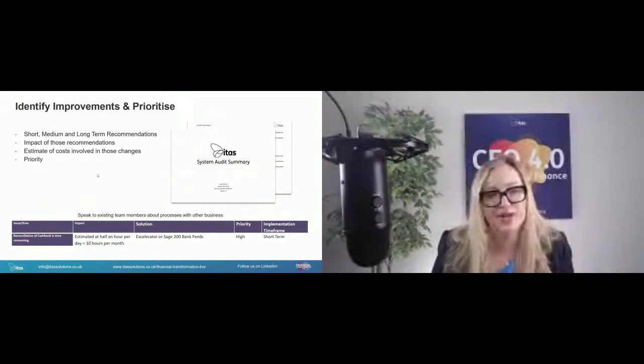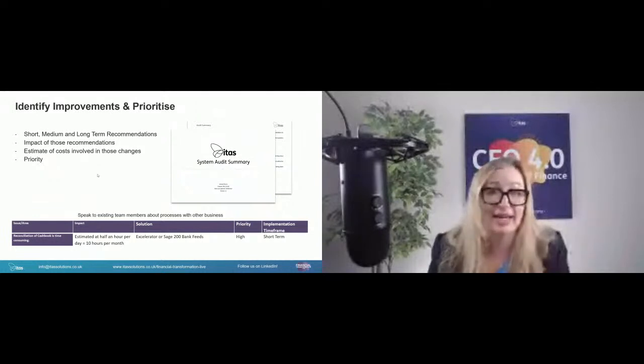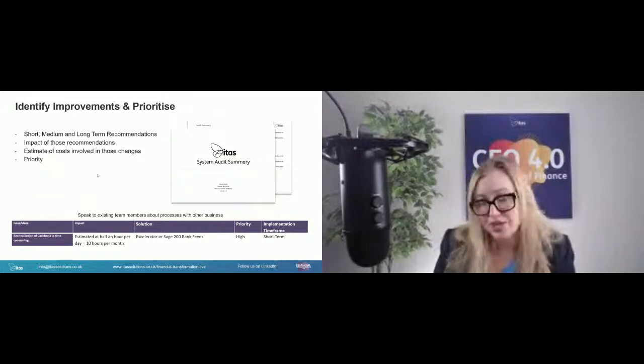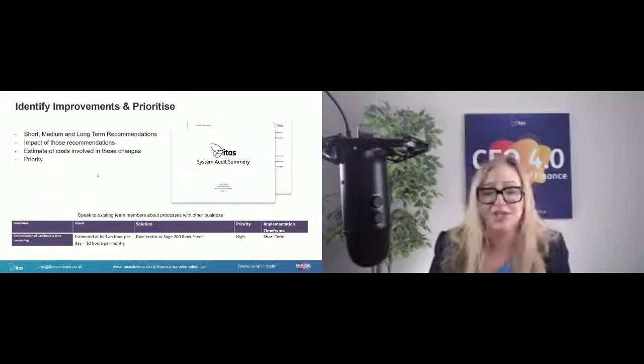And then you need to prioritize. Is this a high priority? Is this something that we need to start work on and get in as quickly as we can? Or is this a nice to have, but it's not critically going to drive us forwards as a finance team? So you can answer those questions, and then you need to think about the implementation time frame.